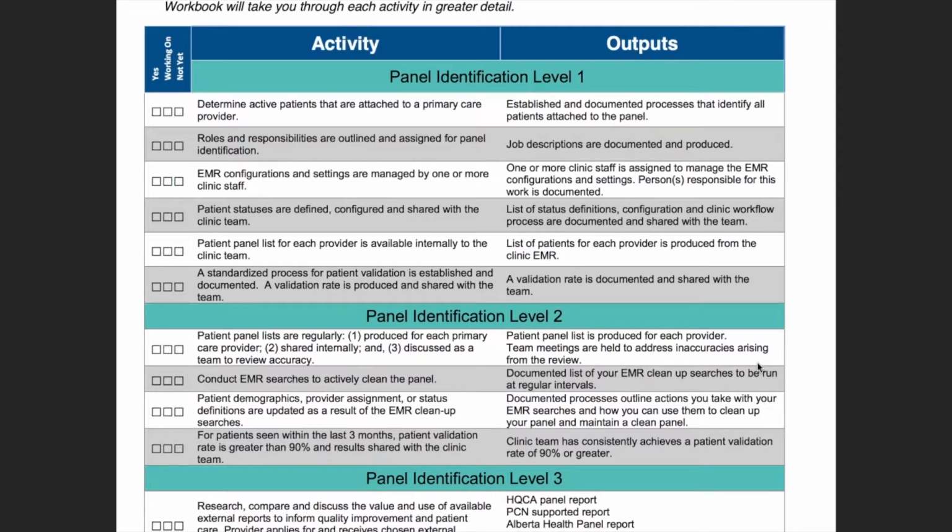The fifth activity down is patient panel lists for each provider is available internally to the clinic team. So, are you able to actually run a list of your patients for each physician produced out of your EMR? Okay. Now, just that one simple step of actually running that list out of your EMR will give you a